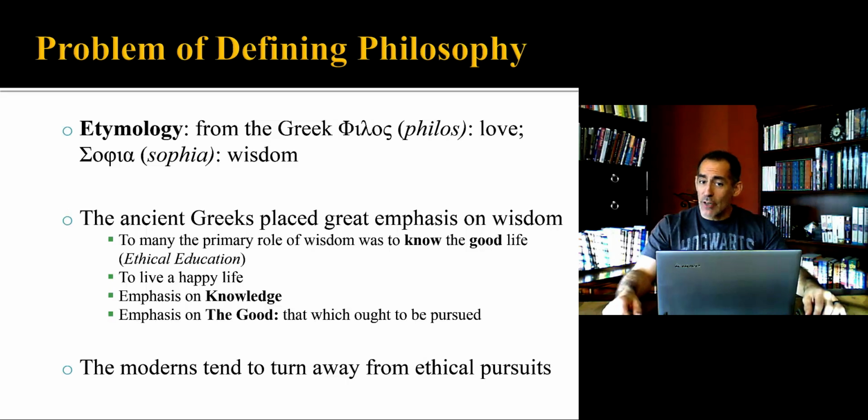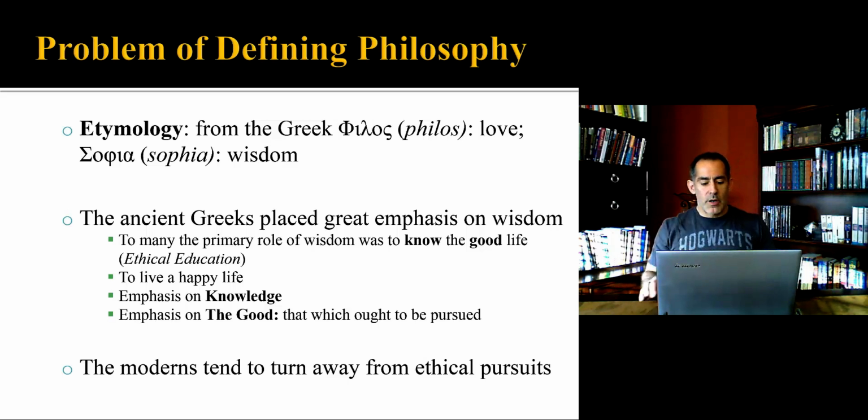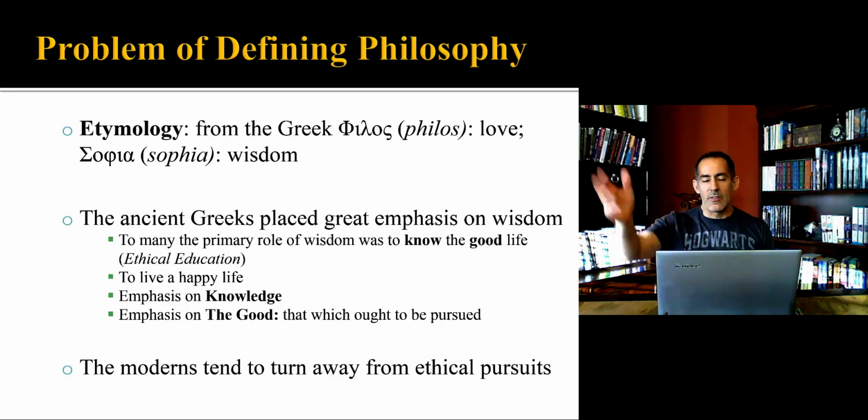In particular, the ancient Greeks had a very strong emphasis on wisdom in their philosophy. The idea of being able to apply our knowledge in the right way so that we could live the right type of life. So knowledge was important, but also this emphasis on what is the good that we should be striving to attain? What is the end towards which we ought to be directing ourselves? Now, most philosophers in the ancient world, and even since, have believed the ultimate goal, the ultimate end of human life is happiness. And the Greeks were really concerned with living an authentically happy life.